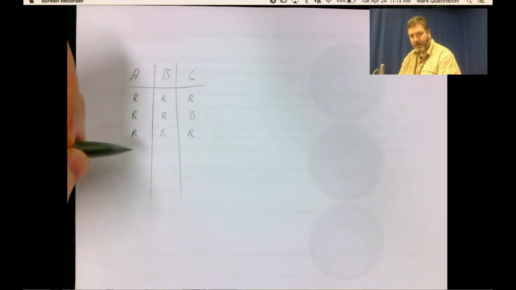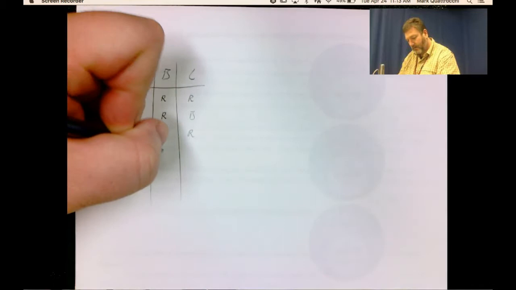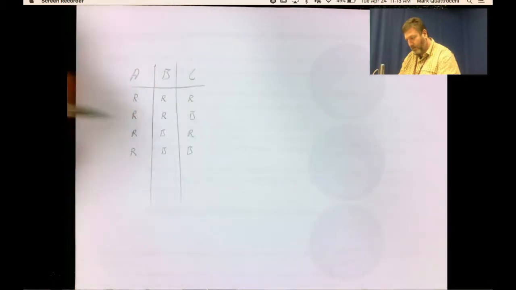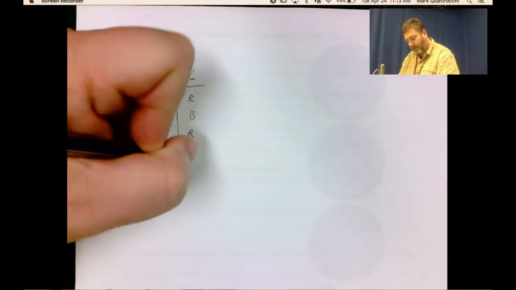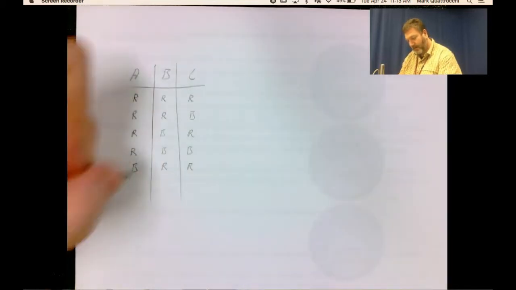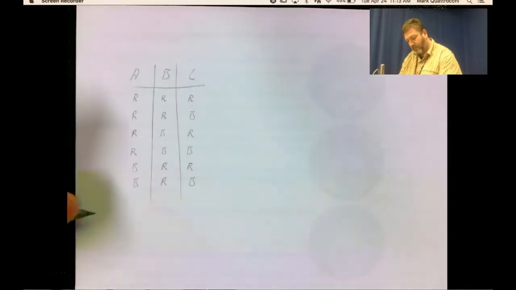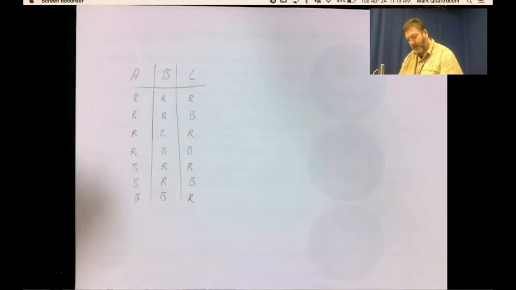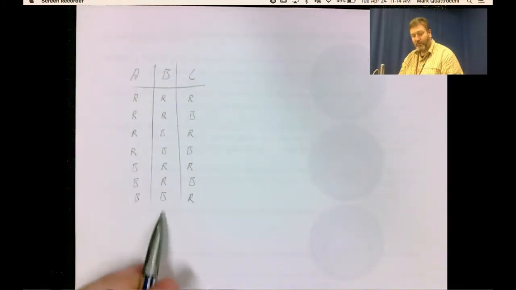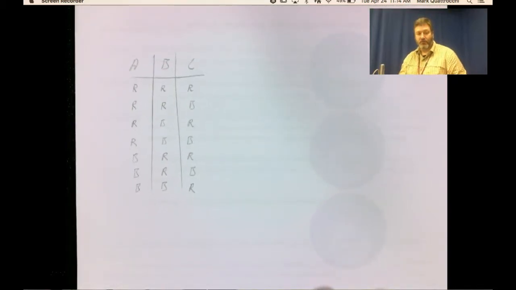It could be red, blue, blue. It could be blue, red, red. It could be blue, red, blue. It could be blue, blue, red. But it can't be blue, blue, blue, because there aren't 3 blue hats. There's only 2 blue hats. Okay? Now,